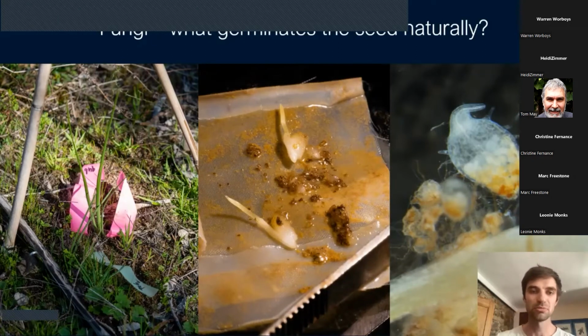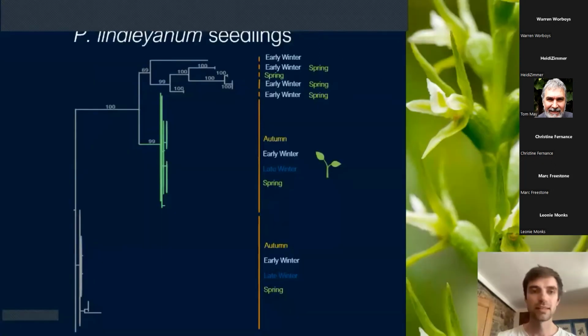So I grabbed my scalpel and cold-heartedly cut up all these innocent little seedlings into tiny little pieces and sequenced the fungi, and found that every single seedling and protocorm only associated with 1 of the 7 fungi that are found in the roots of the adult plants, which was interesting, hey? Because maybe this could explain why we're having such troubles, because maybe we've been sampling the wrong species of fungi from the adult roots.